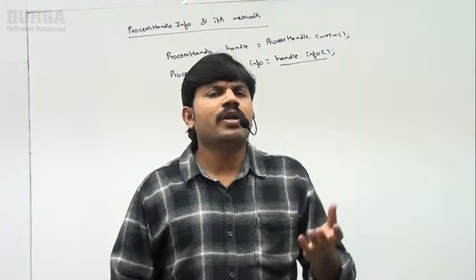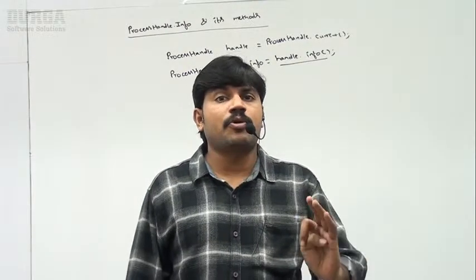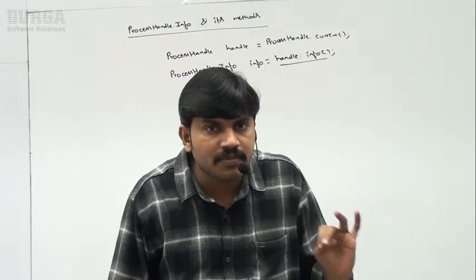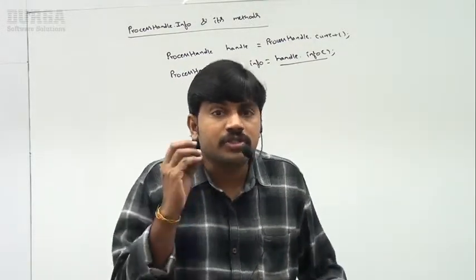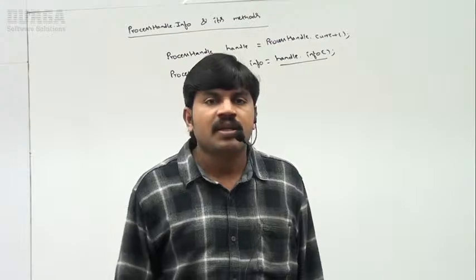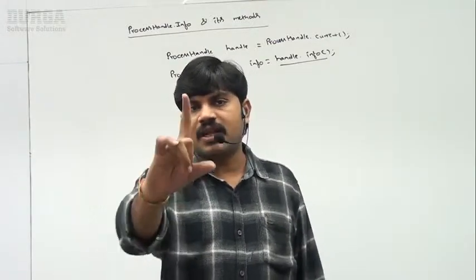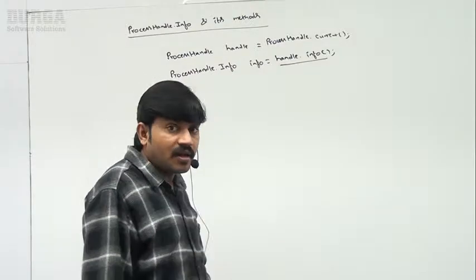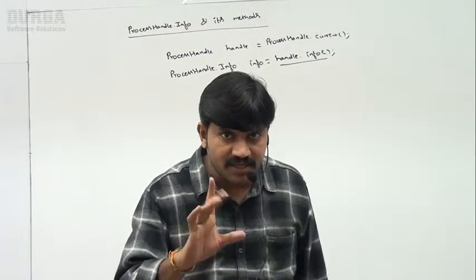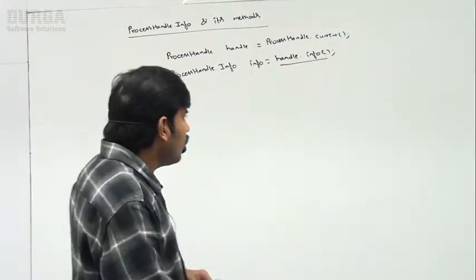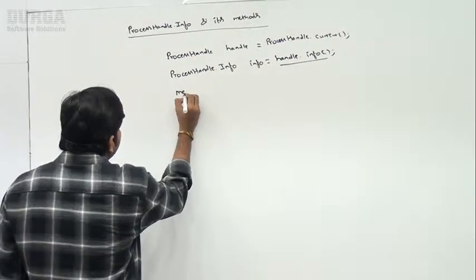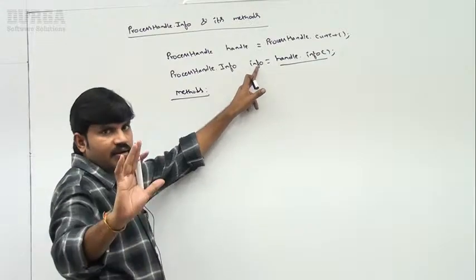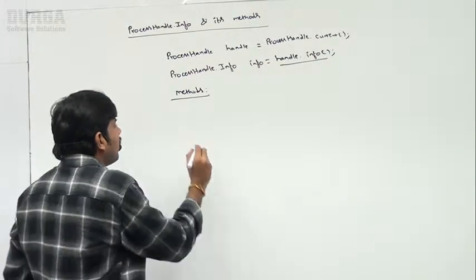Once we got the info object, which methods can you call to get our process information, right? Very simple, sir. What is the user? By using which command this process was started? Next, what is the start instant? At what time this process was started? Sir, how much CPU time is used by this process? Like this, multiple methods you can call. Sir, up to this, are you in a position to understand how to get the ProcessHandle.Info object? Clear, right? Sir, now on this, which methods can we call? Remember this one, how to get info. Yes, I got info. Which methods do we require to call? Sir, first,